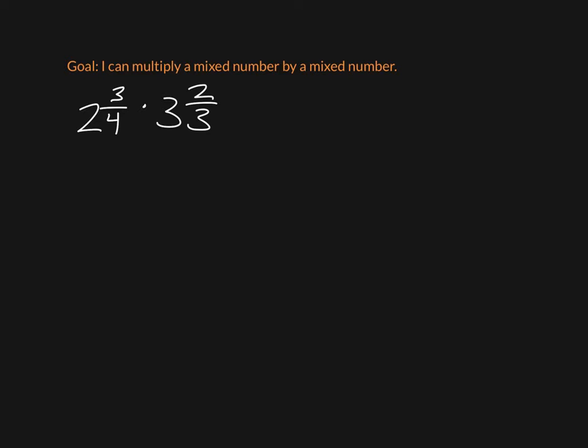I'm going to first show you the distributive method, which we learned in the previous lesson, and I'm also going to show you how to multiply these mixed numbers together by creating a fraction greater than 1 and multiplying using that method. First, we'll use the distributive property. So we have 2 plus 3/4. So we decompose 2 3/4, and we're going to multiply that by 3 plus